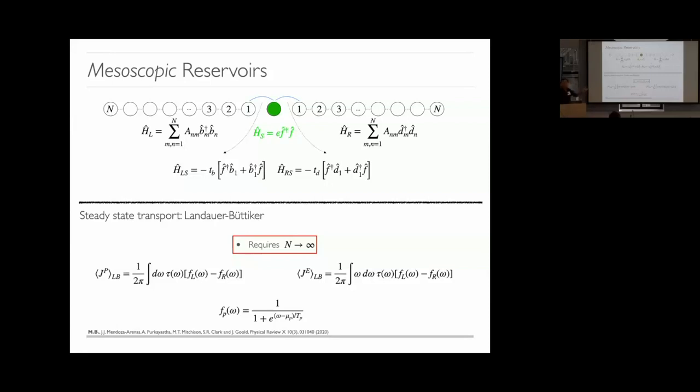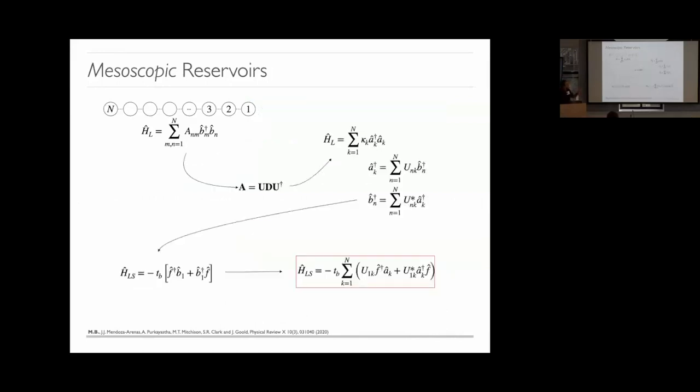And in fact, we have a very nice theory to do this, which is the Landauer theory. Even if this is a thermal state that you're putting on your leads, you can compute currents, energy currents, particle currents, efficiencies, whatever you want. The thermodynamics of this problem can all be computed semi-analytically. I say semi-analytically because typically you require the transmission function. And depending on your system, this transmission function has to be computed via Green's functions. It's a very simple calculation, irrespective of what the system is, as long as it's quadratic, okay?